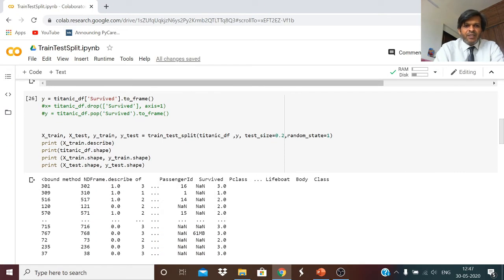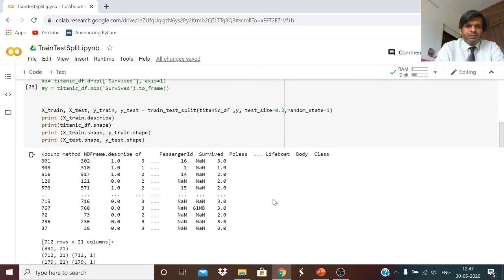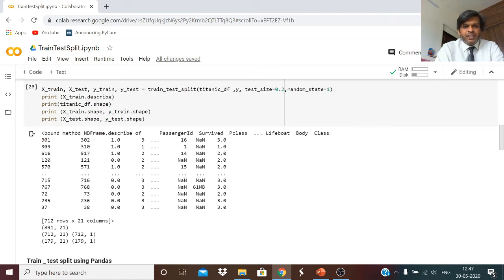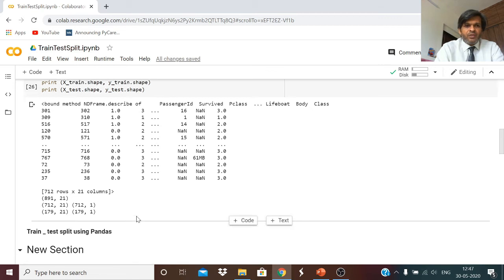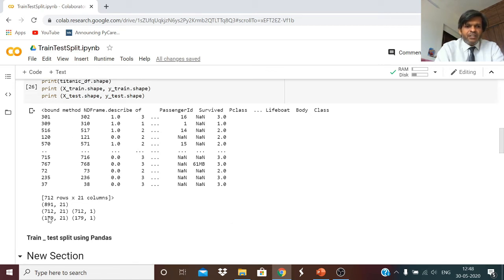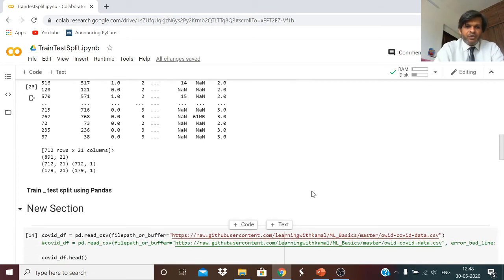Once I execute that, I am just seeing how the distribution looks. So I just printed out x_train.describe, which gives me the description of the training data set. And I have just printed out x_train.shape and y_train.shape. So it gives me the number of columns and rows. If you see, y will always have one column and the same number of rows. Again, y will have one column and the same number of rows. The first one is for train and the other is for test. So you see roughly there is an 80-20 distribution which has happened, splitting the data set into two: train and test.